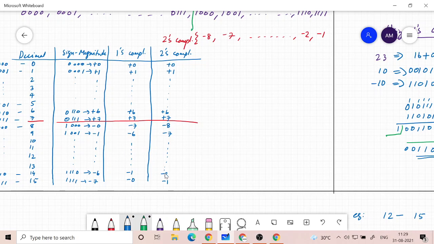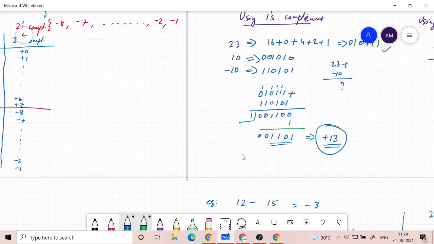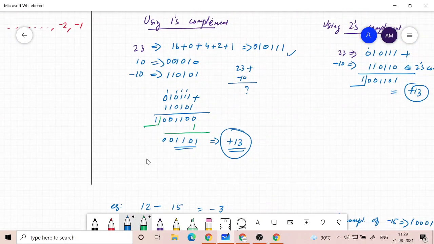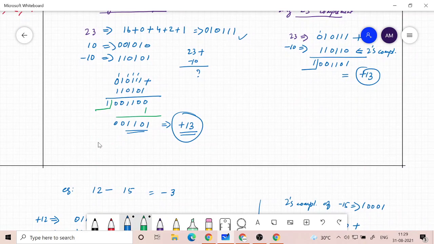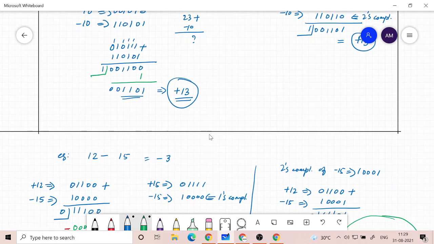But if it is a negative number and it is in 2's complement or 1's complement, then I can't straight away tell which number it is. But if it was sign magnitude form, I can tell. But that is of not much use when you try to implement it with the computer. Yeah. So I hope that confusion is clear now. Yes, sir.